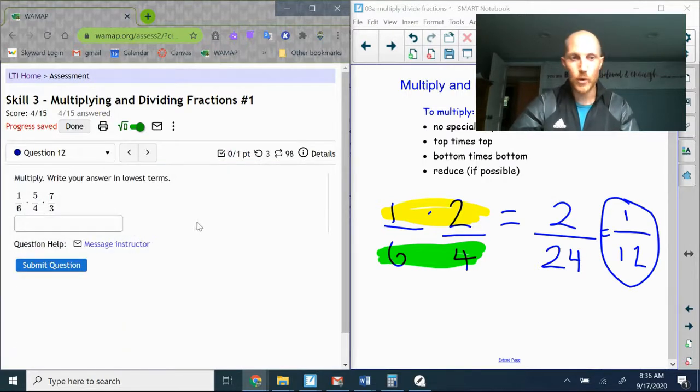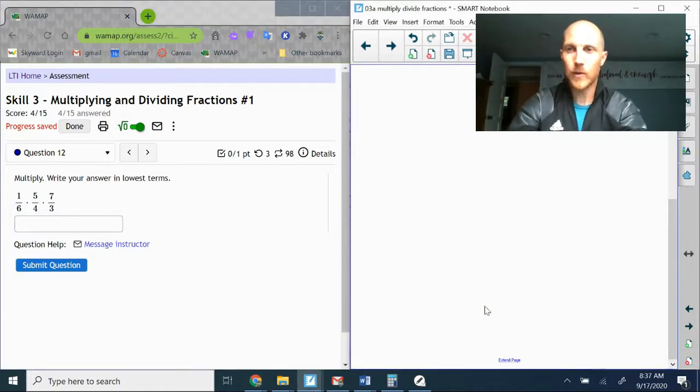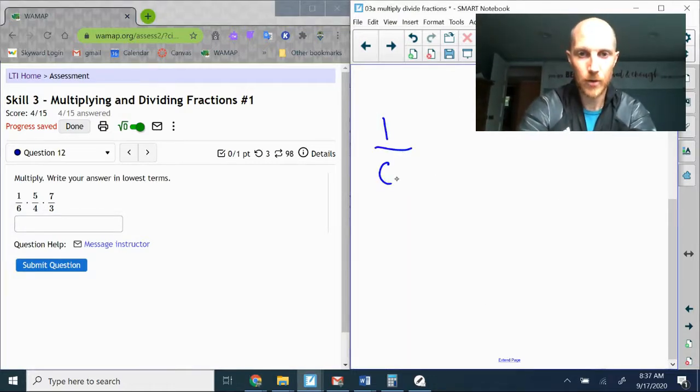Jump here to number 12. What if there are 3 fractions? All right, well, 3 fractions does not make any difference. I still am going to